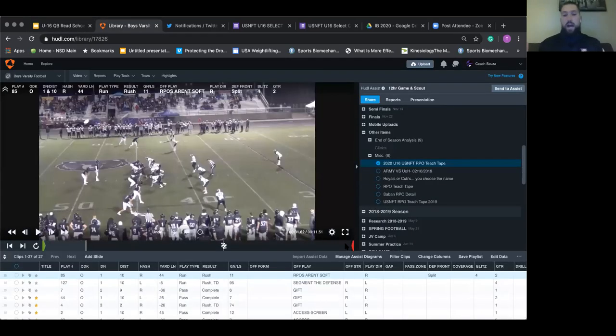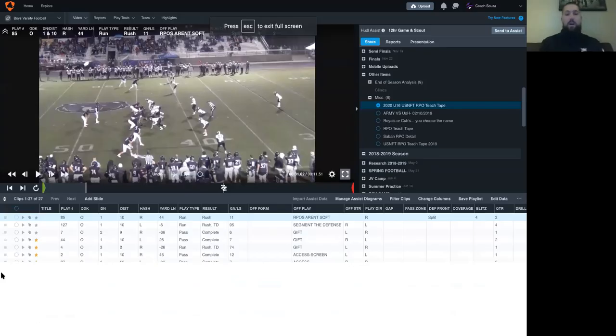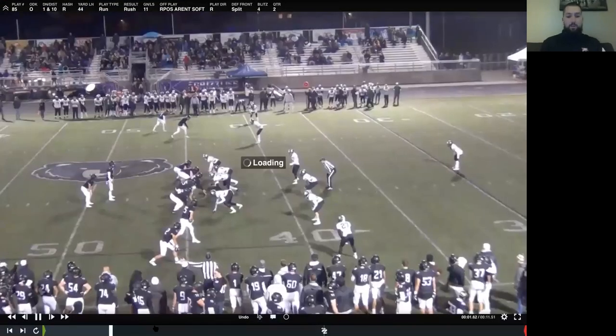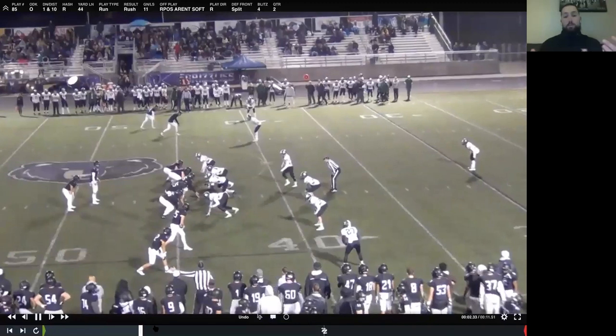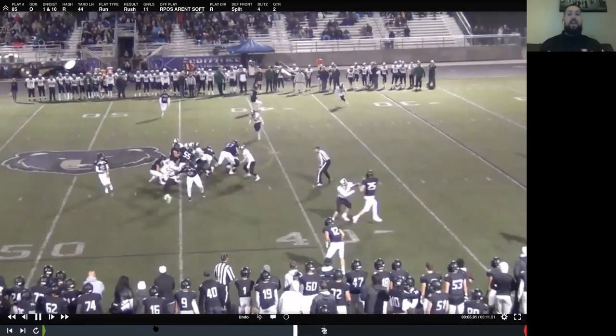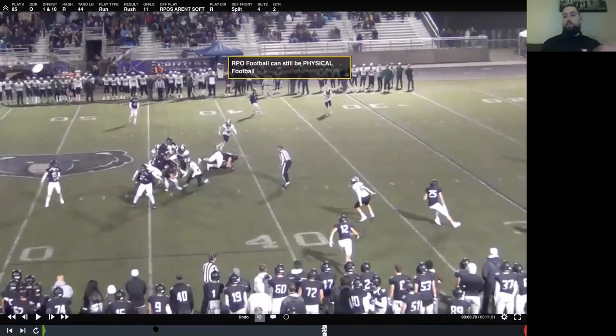But before we do that, I want to just address something that bothers me, right? A lot of people talk about, hey, RPO football is soft, right? You can't be physical running a run pass option system. You're looking to not block people. We're looking to block people. We tell our receivers that as soon as they see the ball handed off, they are no longer pass catchers. They have just become blockers, right? And that's how we make 4-yard runs turn into 25-yard runs, is our wide receivers blocking. And that's a big point of pride for us, right?